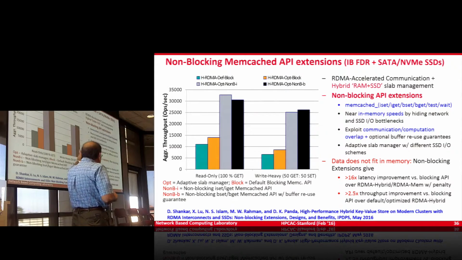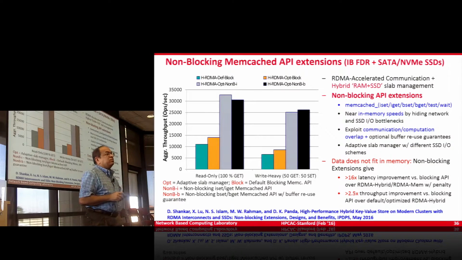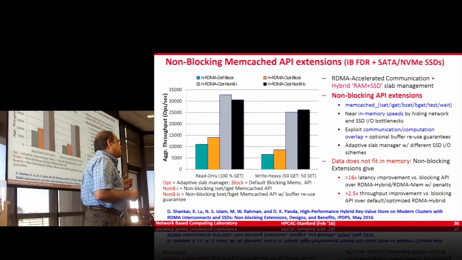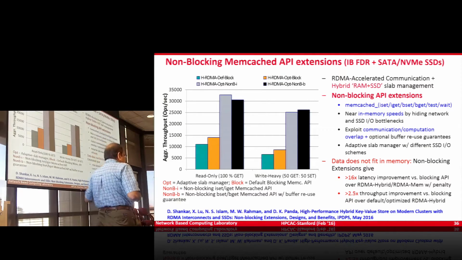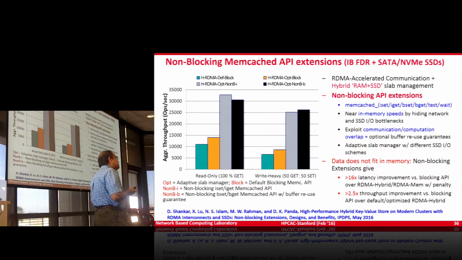Then there is the very latest work. This paper just got accepted two weeks back, to be presented at this upcoming IPDPS. What we're trying to do is apply what we learned from our MPI side. You remember yesterday I talked a lot about non-blocking operations and non-blocking collectives. We started looking at the calls currently in Memcached, and they are all blocking calls. You initiate a query and then wait, so you are not effectively putting all the CPU and the network to stress.